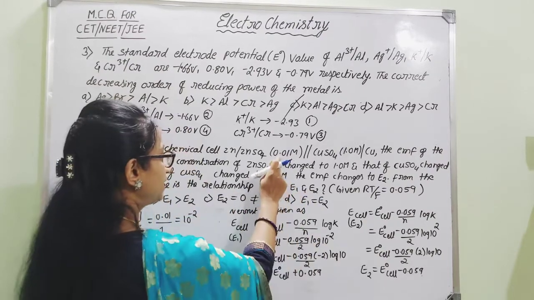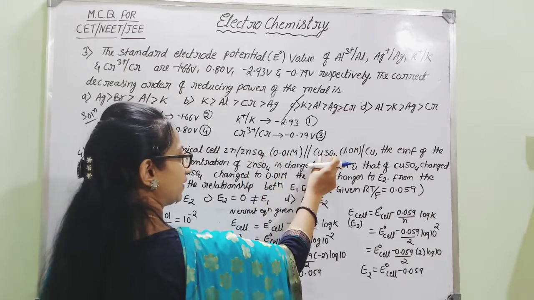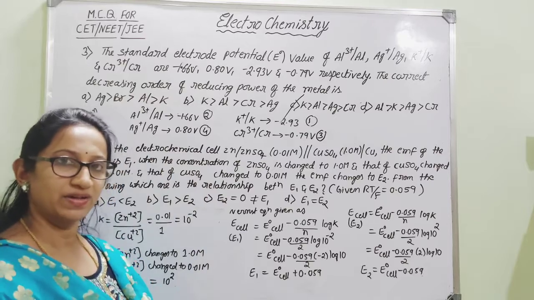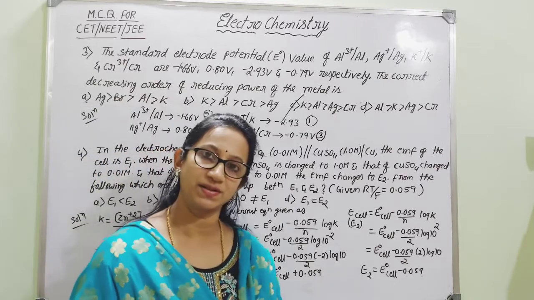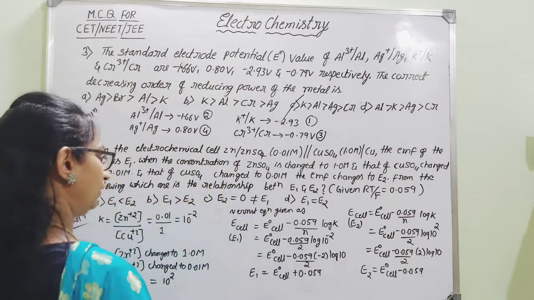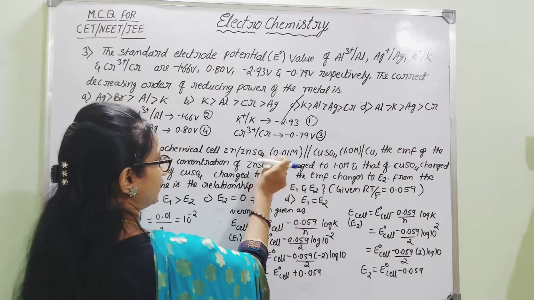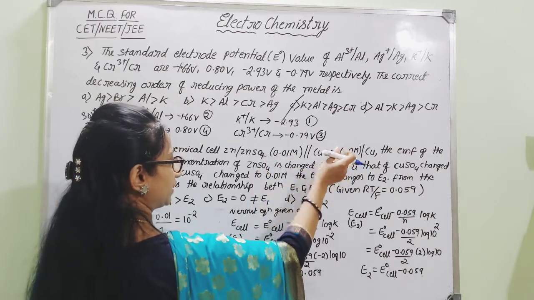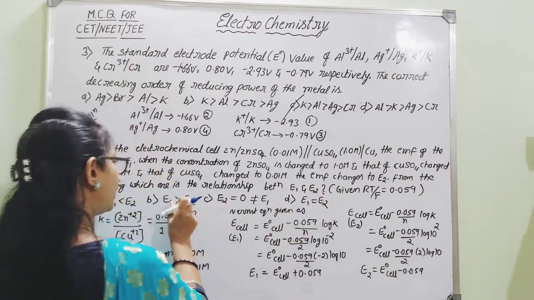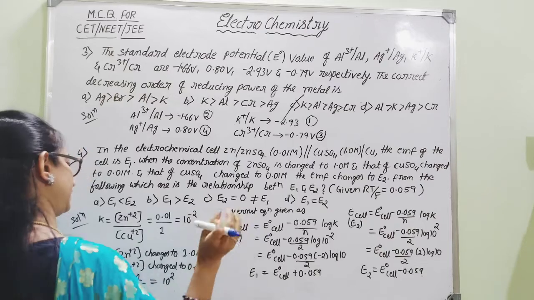With the change in the concentration of zinc sulfate and copper sulfate, the EMF of the cell will also change, because the EMF of the cell depends on the concentration of those ions. Therefore, we need to compare whether the EMF of the first initial concentration is higher, the EMF of the second concentration is higher, or they are equal. We have to find it out. How to solve this? It will be quite easy.